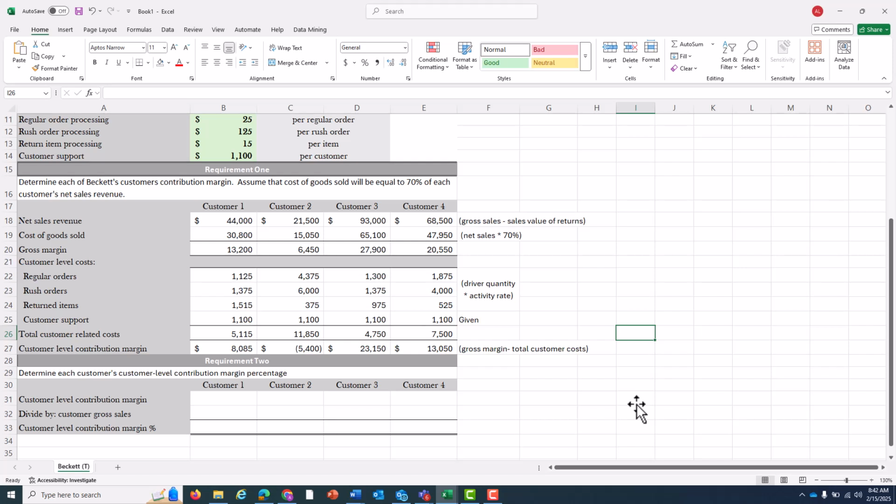So dollar signs can be misleading because some of our customers are bigger than others. The best way to do this is in a percentage, so you can fairly compare any 2 entities together. And I want to find the customer level contribution margin percentage. So all I got to do now is take my customer level contribution margin, copying down the numbers that we had up above,